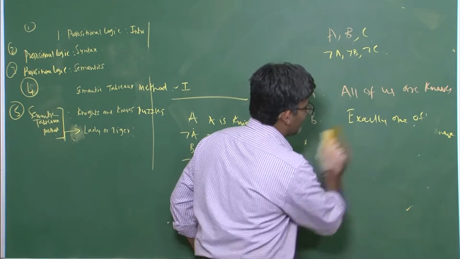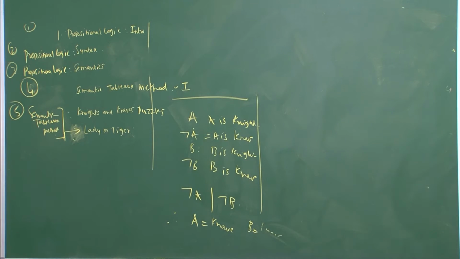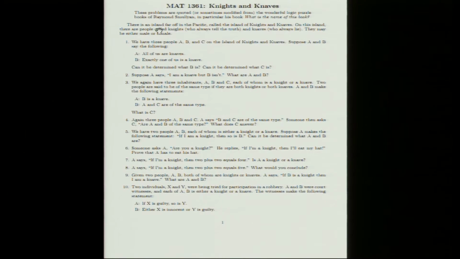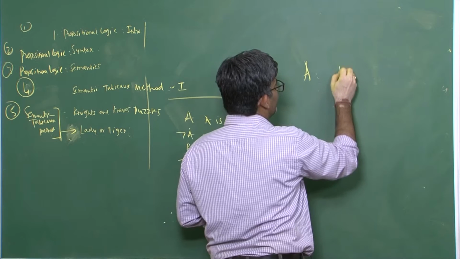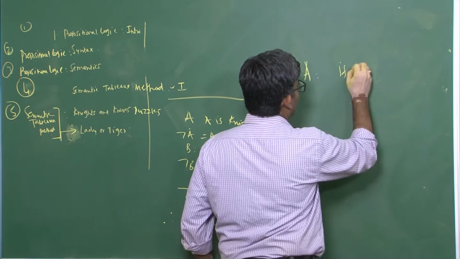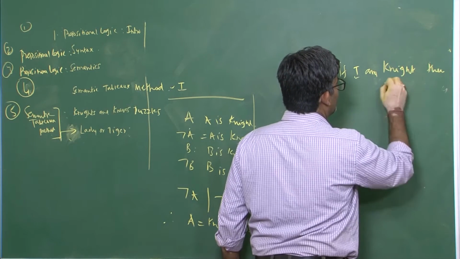So let us consider some other examples. I am not solving this problem, but I am just giving you some kind of hint. So let us consider some other interesting kind of problem. Suppose in the seventh one, for example, A says: if I am a knight, then 2 plus 2 is equal to 4. That is a simple straightforward thing, whether A is considered to be a knight or a knave. If I am a knight, then 2 plus 2 is equal to 4.